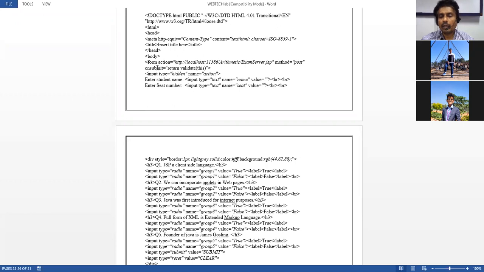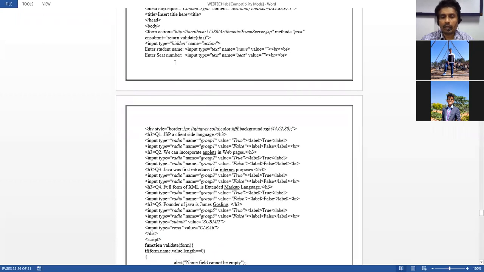If it is not given, then it is going to give an error message. For that reason, one more thing you are adding here is that on submit, we are going to call the function called validate. This is a parameter which is the current rating, so we are going to validate whether it is correct or not. For that, this particular function is going to be used, and it's a JavaScript function.